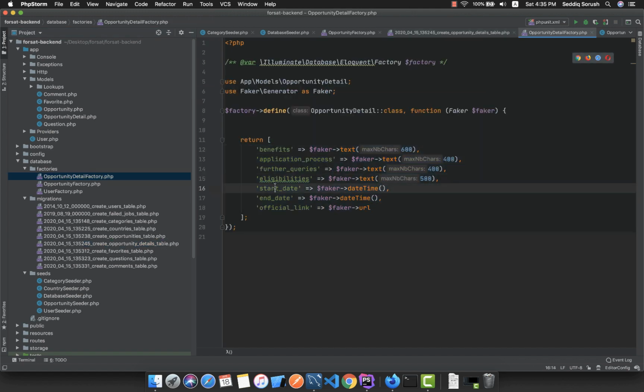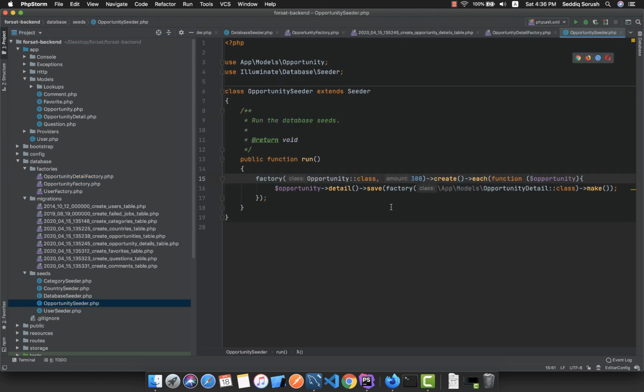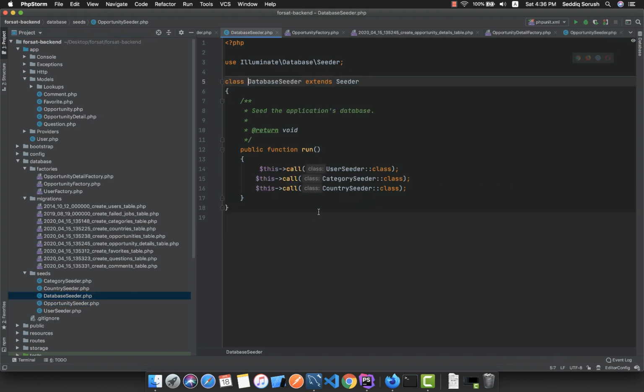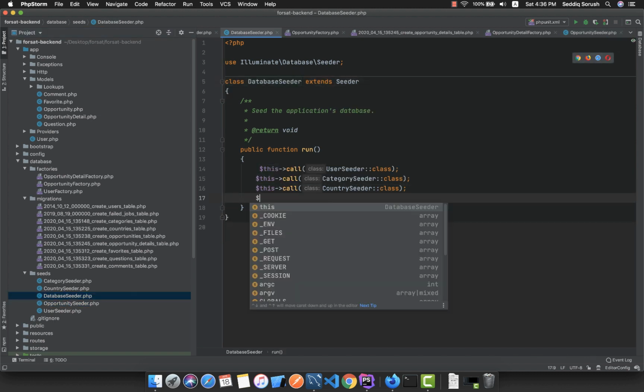If you see, it is not here. Why? Because inside the opportunity Cedar, you can see for each opportunity we are making a detail, and automatically it will put that opportunity ID inside this factory. So let me clean this code as well. So that's it. So what right now we need to do is to add this Cedar,